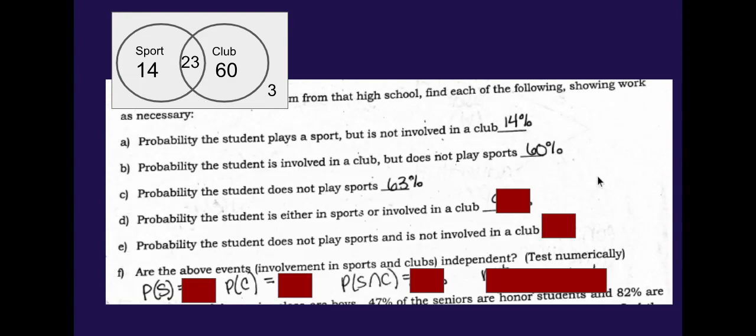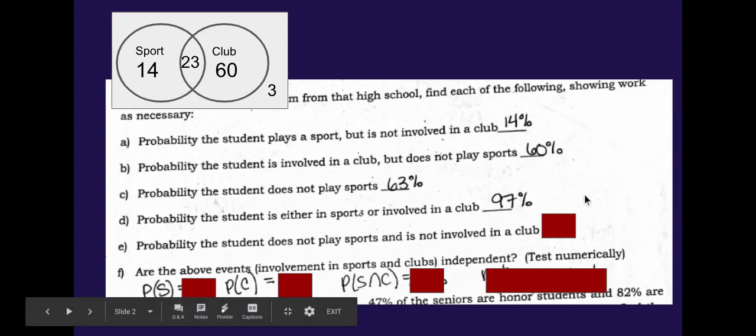Probability the student is either in sports or involved in a club. That's the intersection. So, just kidding. Sorry, that's obviously the intersection plus just sports plus just clubs. So you have to consider all three of these. Now you could take the original numbers from the problem. So you could take 37%, which are the people involved in sports. You can add it to 83, which is the percent of people who are involved in any club. And then you can subtract out the intersection, which is 23,